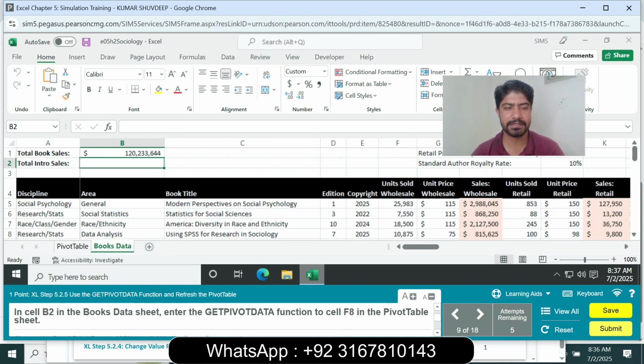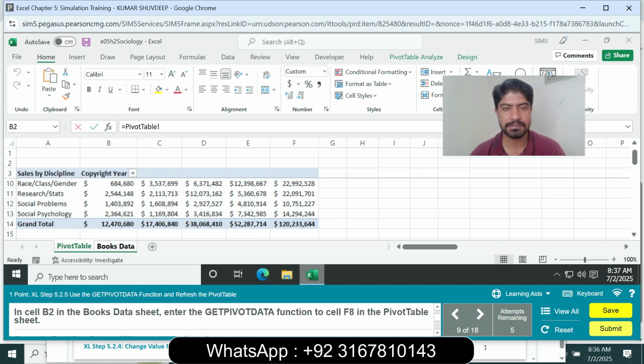And next, in cell B2 in the book data sheet, enter the GETPIVOTDATA function for cell F8 in the pivot tables sheet. So type equals, and next go to the pivot tables sheet, cell F8,